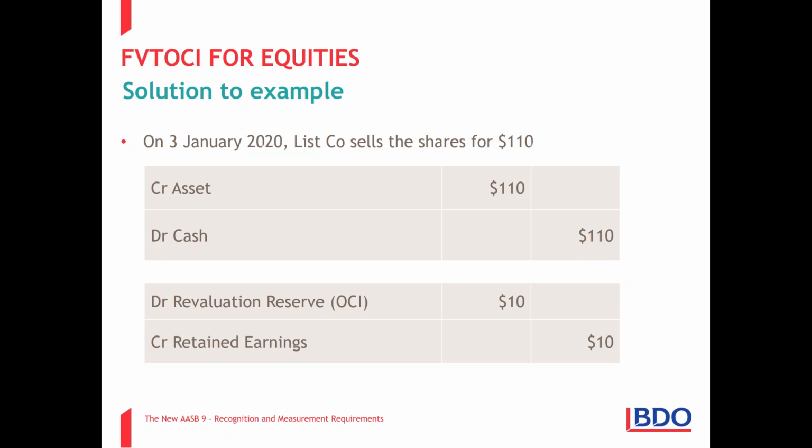So this is just a few examples using the same information where we contrast the current available for sale and the issues with fair value through profit and loss, where you've got volatility in profit and loss, with this alternative where all changes in fair value sit in OCI and neither go through profit and loss. The only thing going through profit and loss, if you use this alternative, is your dividend income.